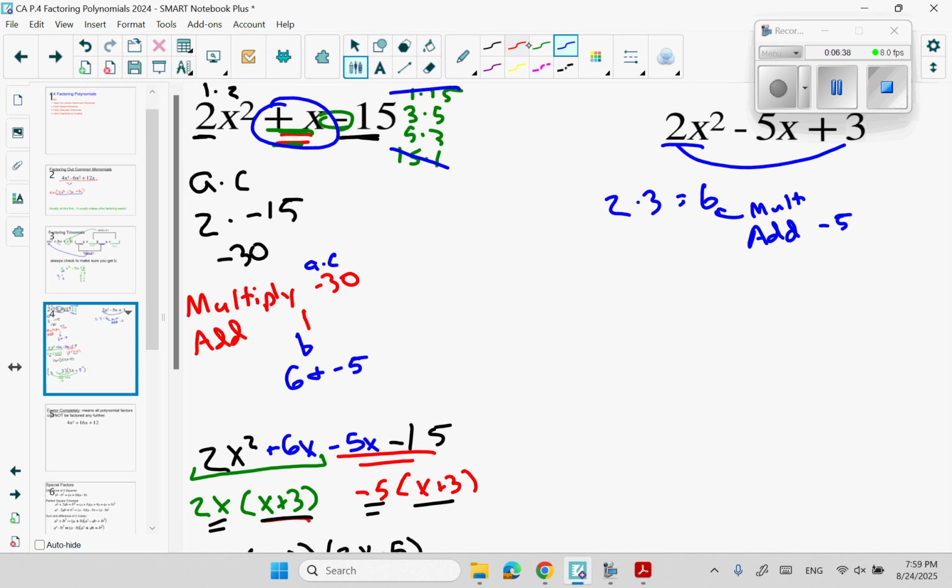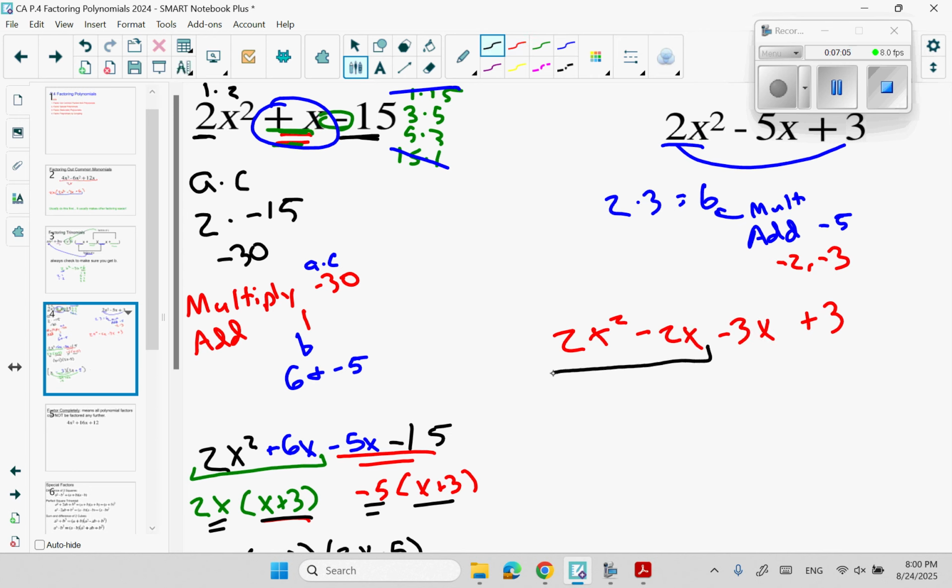5. Well, if it multiplies to a positive number, it's going to add to a negative number. It's probably going to be two negatives. So the first thing that comes to mind is negative 2 and negative 3. The nice thing about this process of breaking up my middle term is it technically doesn't matter the order you put them in. I'm going to put negative 2x minus 3x in there first, but I'll show you the order